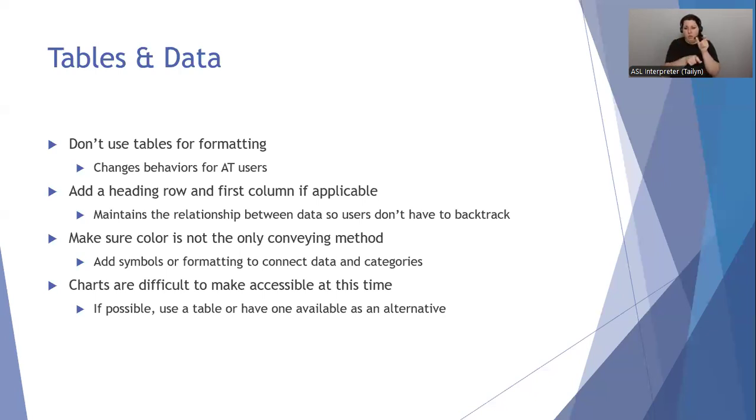So the reason for this is that by doing so, it maintains the relationship between data so users don't have to backtrack. So if you set up a table, you have a header row at the top, and your left column, your first column, has more instructions for that area. When a user is in, say, cell D5, when they read that cell, it will read the heading for column D and then row 5, and then the data in that cell so that users get the whole picture of what that